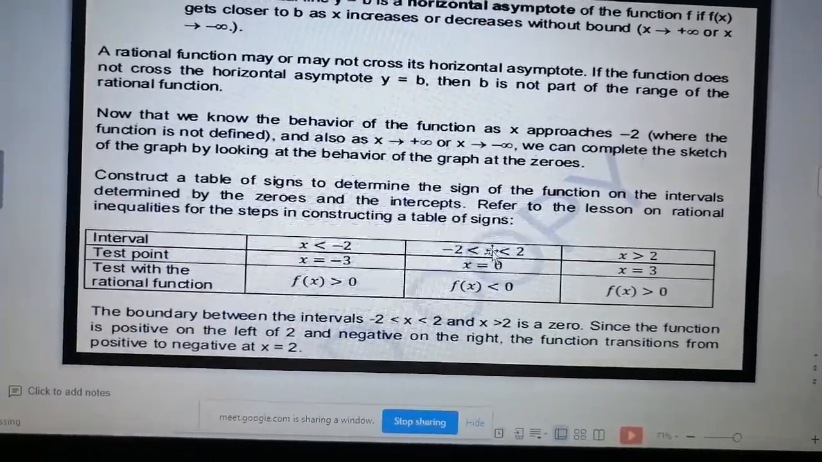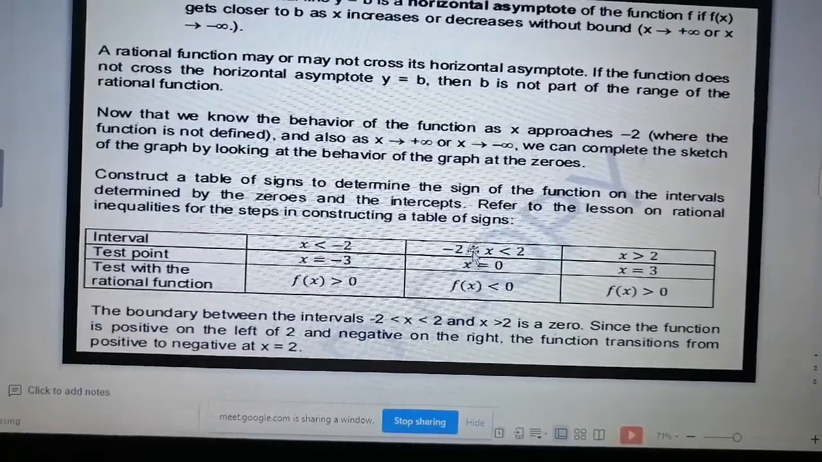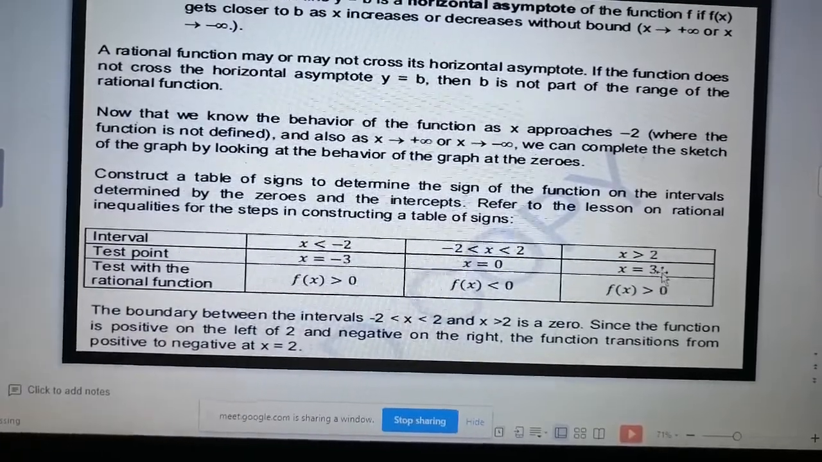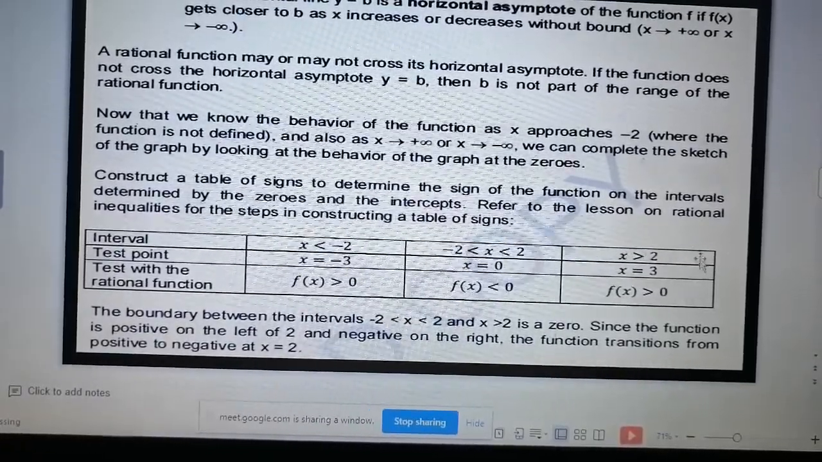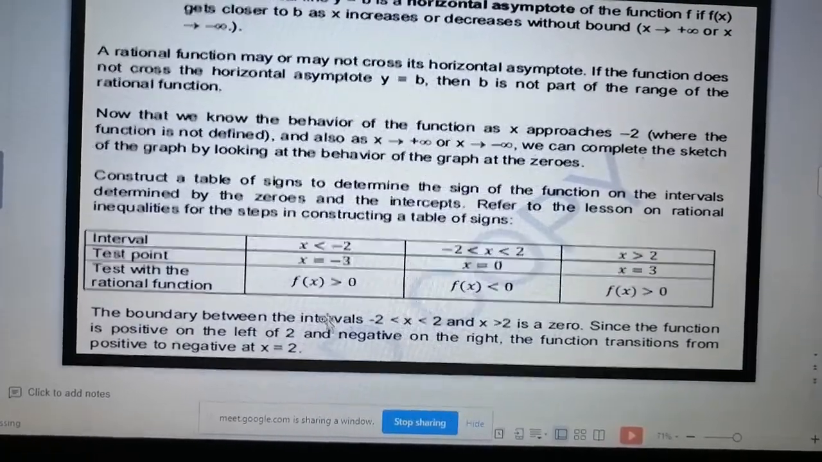Dito na ka, what is the value dito? What is the value of x? 0. 0. Ayan na nga eh. 0 anak. Tapos dito ay, kasi greater than, the value of x is 3. Okay? Yung function